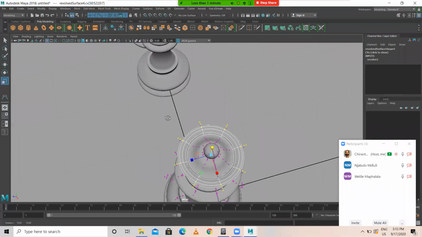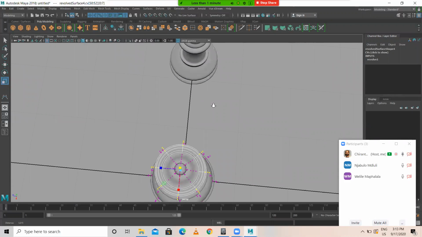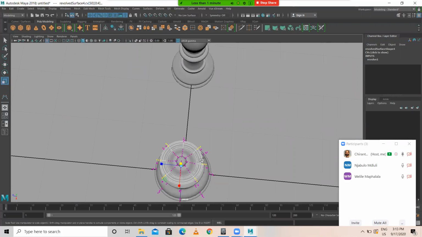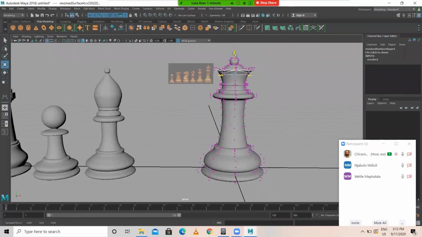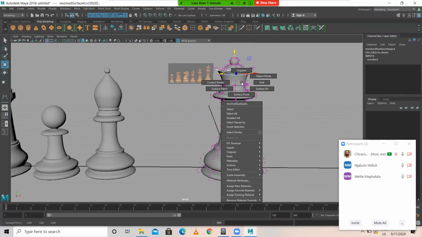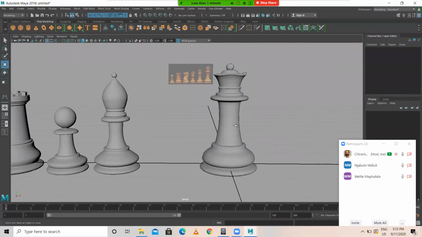So I'm selecting only this. Alternate, remove. So that you get like this.